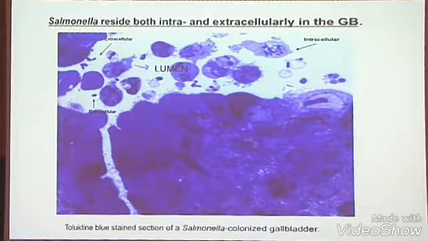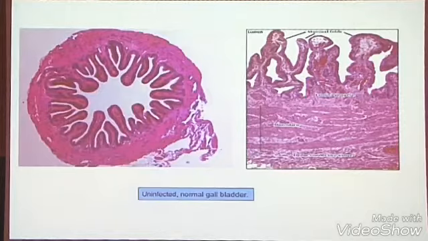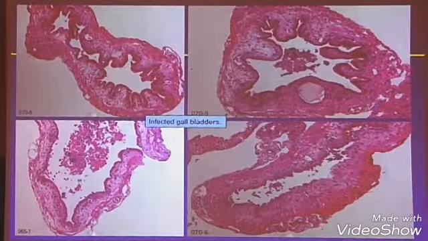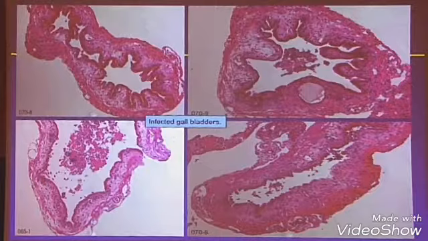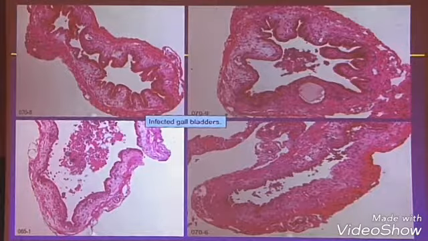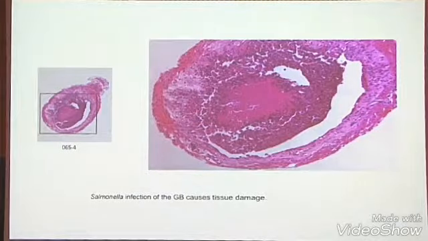So when they started to look at these things, you could see Salmonella both inside cells here, and also extracellular bacteria. You'd expect to see them given the high numbers of Salmonella that are present in this organ. And again, just to remind you, this is what a normal healthy gallbladder looks like. You can see nice fingers pointing out. And this is basically filled with bile. When you infect with Salmonella, all heck breaks loose, and these poor gallbladders get extremely diseased. And you can see here's 4 gallbladders in 4 different animals showing severe infiltrate and also destruction of the whole structure of these things, and large disease, infiltrate, etc. here.